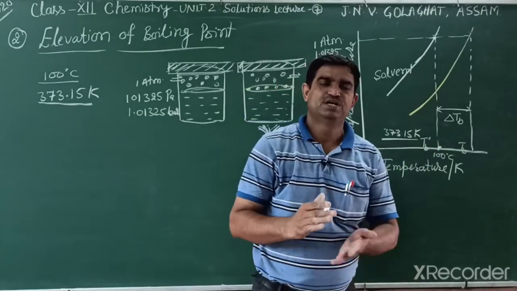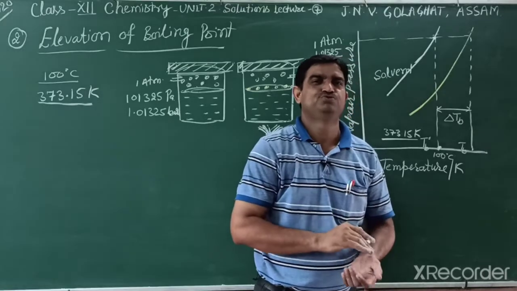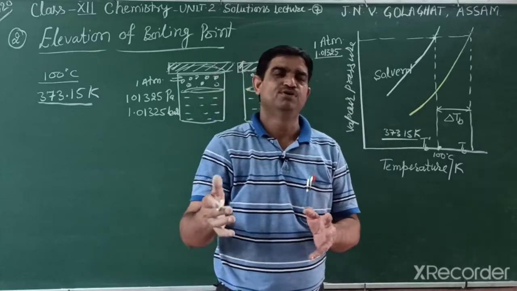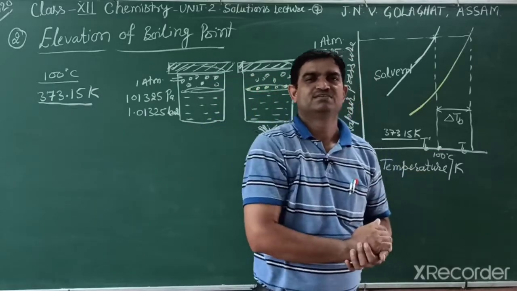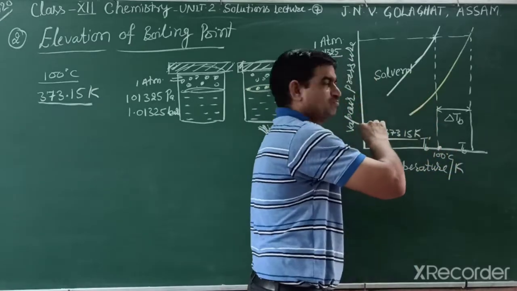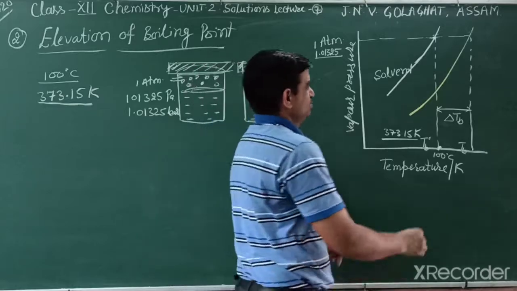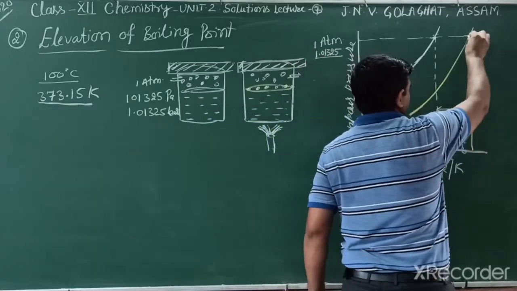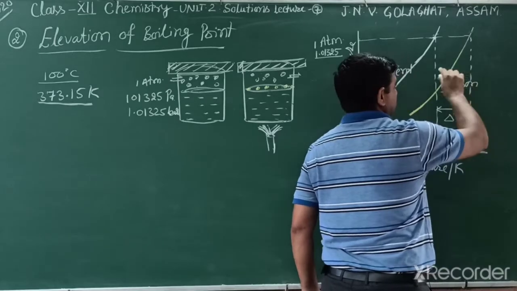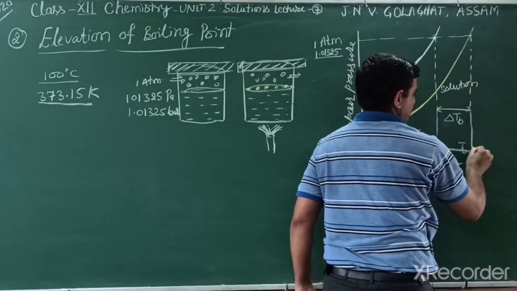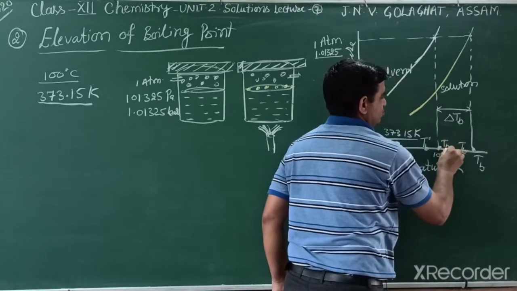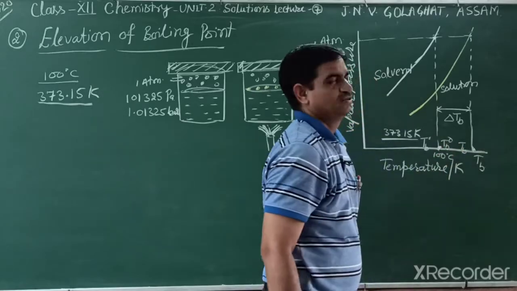And when we mix 1 mole of solute sucrose, whose molar mass is 342 grams, into 1 kilogram of water, what happens? The vapor pressure definitely reduces, because particles occupy the surface. So this one is the solution, its vapor pressure reduces, and this point is the boiling point of the solution, TB, and TB0 means the pure solvent.